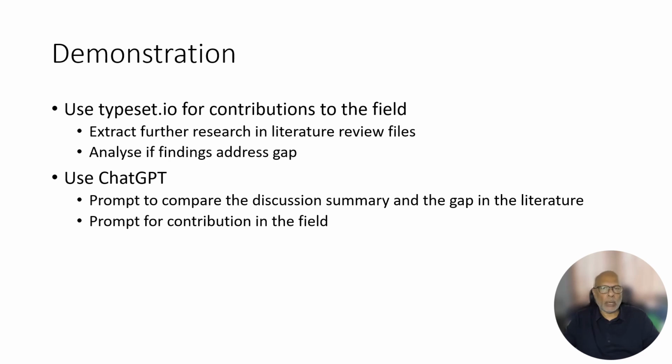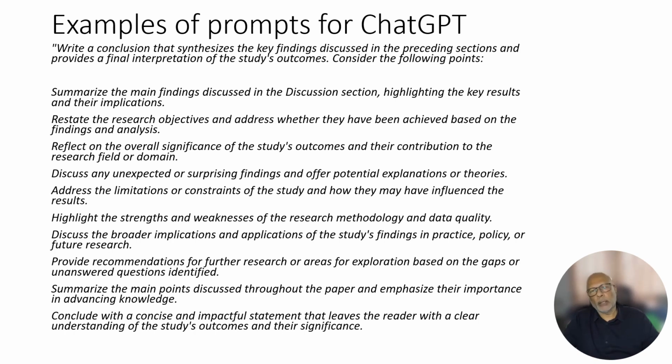Again, using Types.io or Copilot, you could get some of the style of the conclusions used in other papers and use that as an example in your prompt for the AI to generate your draft of your conclusion section. And here is an example of a prompt that you can use and contextualize it to your research with the appropriate discussions that you have generated earlier on to produce your customized, authentic, contextually appropriate